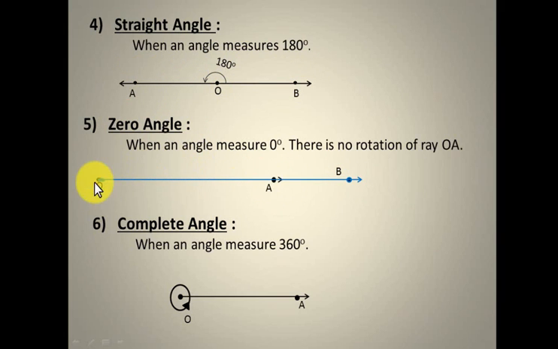0 to A, that is in black one, and the other ray is 0 to B. Both rays are meeting each other at 0, correct? But they are not making any angle as they are on a straight line. There is not even a little bit of difference between them. Hence we call it a zero angle. There is no rotation. Is there any rotation of the ray? No. Hence we call it zero angle. I think this is clear.